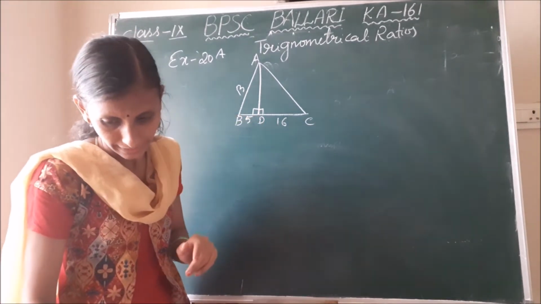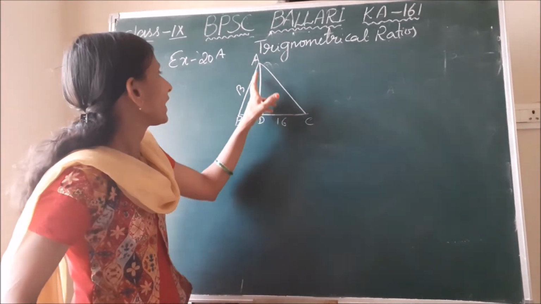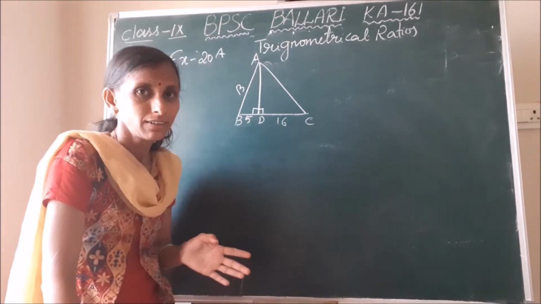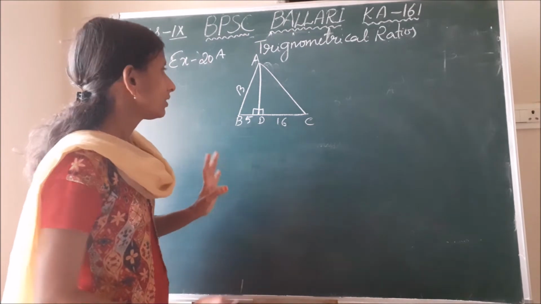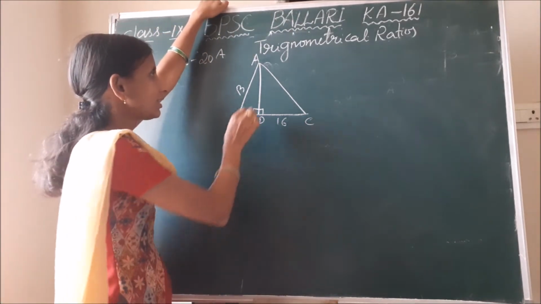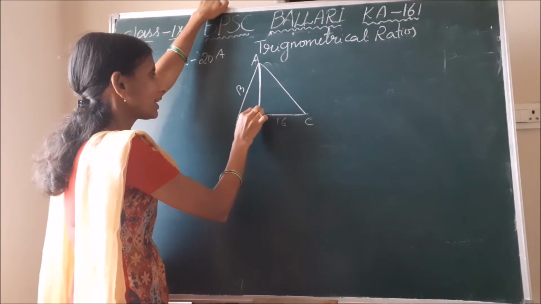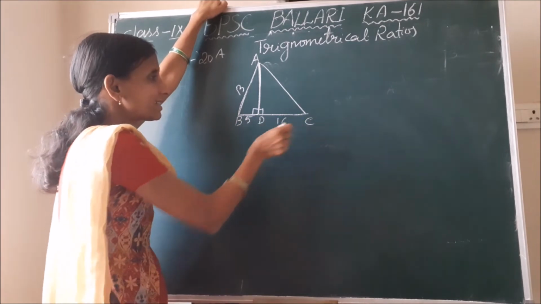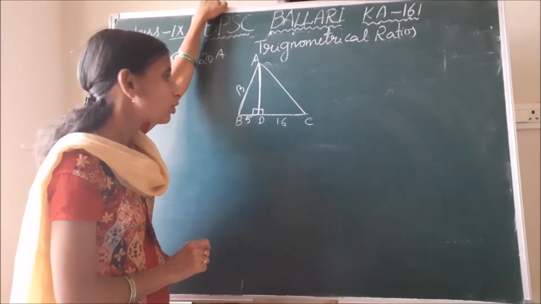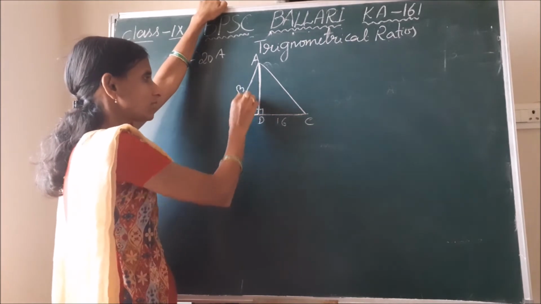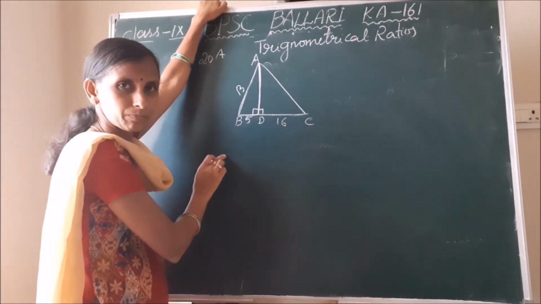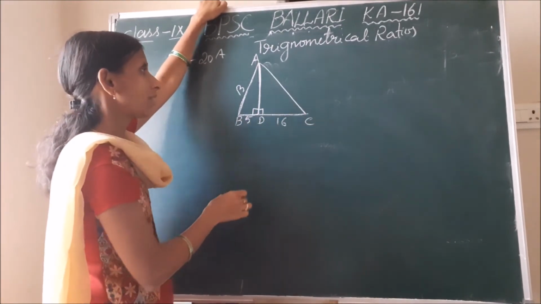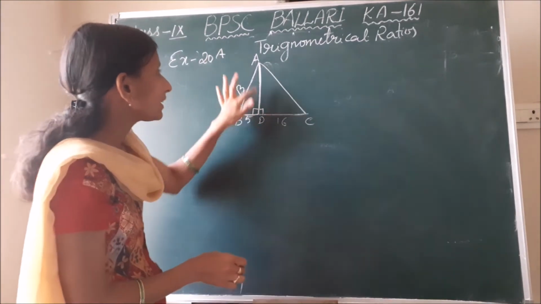In order to find that, first we need to find AC here. So in order to find AC, what do we have to take? See, ABD is one triangle here. This is one right angled triangle and ADC is one right angled triangle. Now we know two sides of triangle ABD, but we don't know the two sides of triangle ADC. So first we will take triangle ABD.